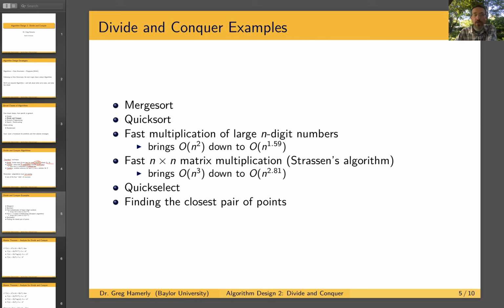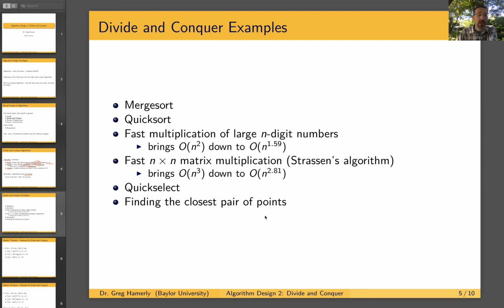So I wanted to give you a quick set of examples of problems that we can solve or algorithms that are divide and conquer. We've seen merge sort and quick sort are both divide and conquer algorithms where we split an array into two pieces and then recursively sort those two pieces, and then we might combine them as we come back up the recursion. We'll talk today about two algorithms, Karatsuba's algorithm and Strassen's algorithm, for multiplying large numbers and large matrices. We'll talk about quick select,